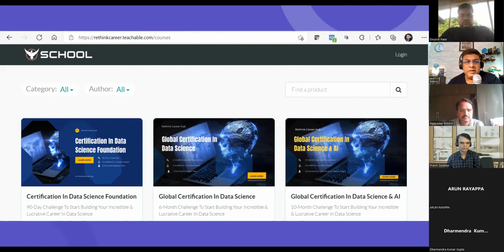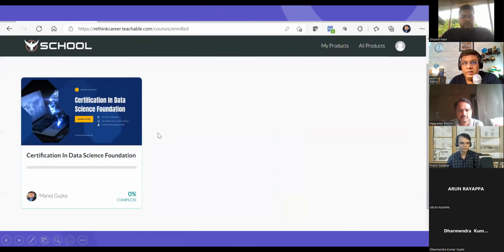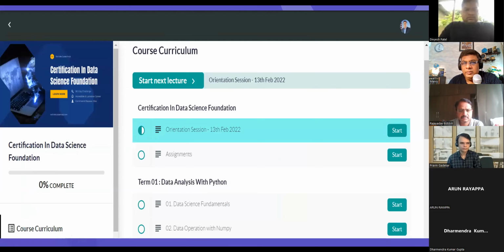This one will say certification in data science foundation. Once you click this module, you should be able to get into that, and then you will be able to see this structure, the course curriculum. Like you can see the orientation session, like 13th February, for the previous batch who has already enrolled. So that was it. Now you can see